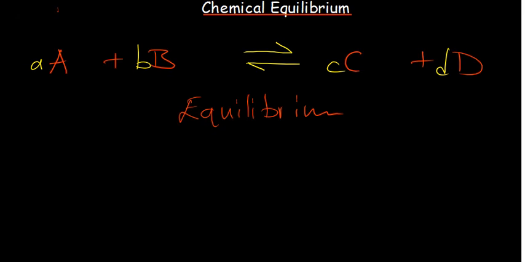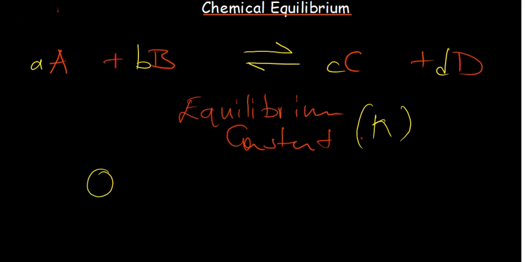Remember, under kinetics, I told you it's going to make more sense as we get to chemical equilibrium, how we find the value of K and what it is. So the equilibrium constant is K, and we can think of any reaction quotient as Q. So Q is a constant